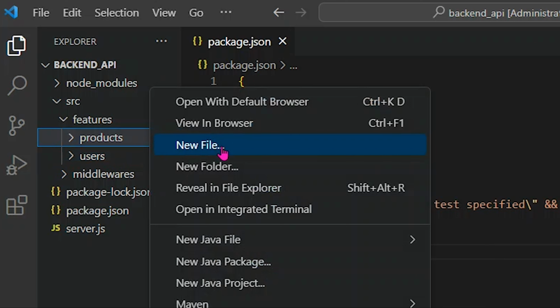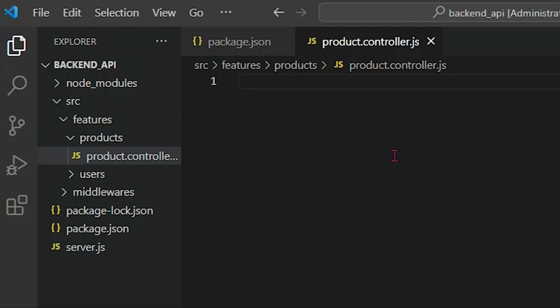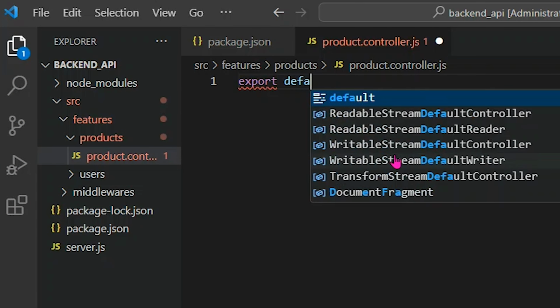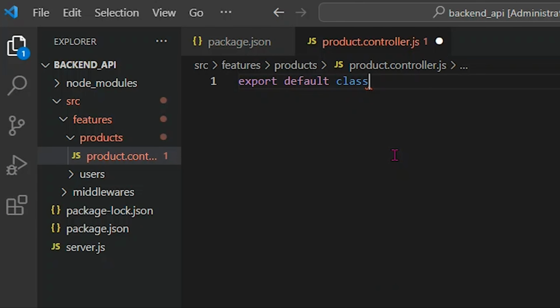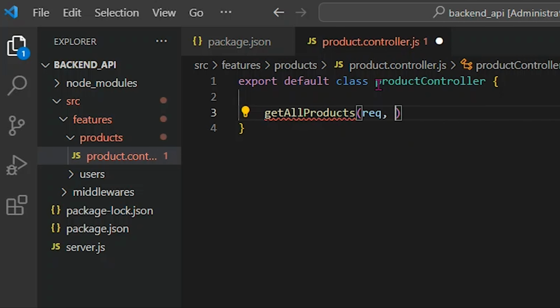Inside this products folder, I am going to create a product.controller.js file, and I'm going to create the class inside this. Export default class. I'm going to name this class ProductController. Let's make this camel casing, and inside this class we are going to have methods. For now, I'm going to name this method getAllProducts. This is going to have access to request and response,